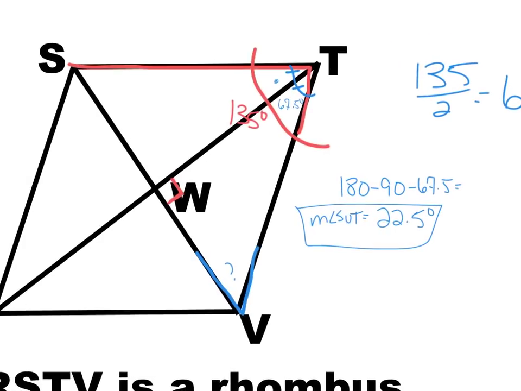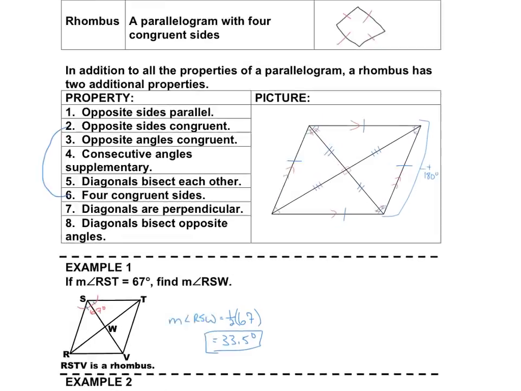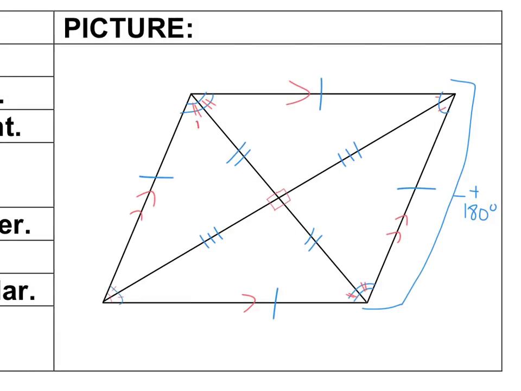Now, another way you could have done it, guys, is you should know, and I'm going to erase a few things just so you can see it a little bit better, that this angle and this angle add up to 180. So if you knew this was 135, 180 minus 135 would have given you 45 degrees for this, and then you could have divided it by 2 and got 22.5 as well. You use whatever makes you the most comfortable. Let's go to our picture over here, guys. Notice that this angle right here is the same as this angle right here, and this one, and this one. So if you know one of them,